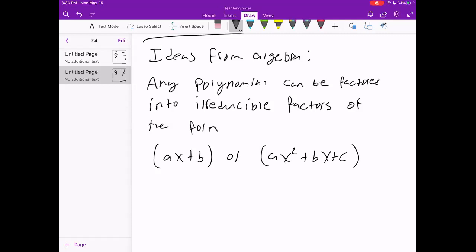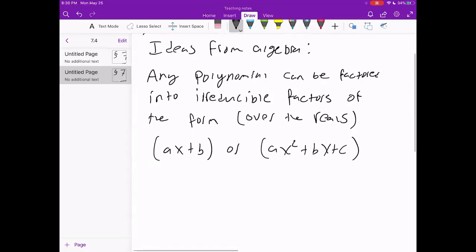Any polynomial can factor into irreducible factors of the form. I'm going to write over the reals just to make this a little more accurate mathematically. It doesn't matter for what we're doing, but I don't want to write down anything that's wrong. So the idea is, I can put any polynomial into factors that look like this,